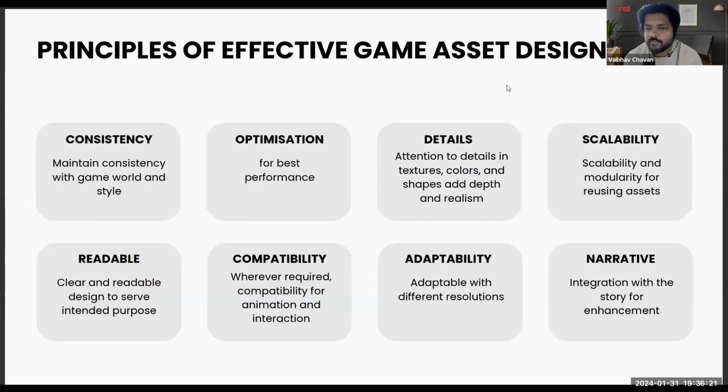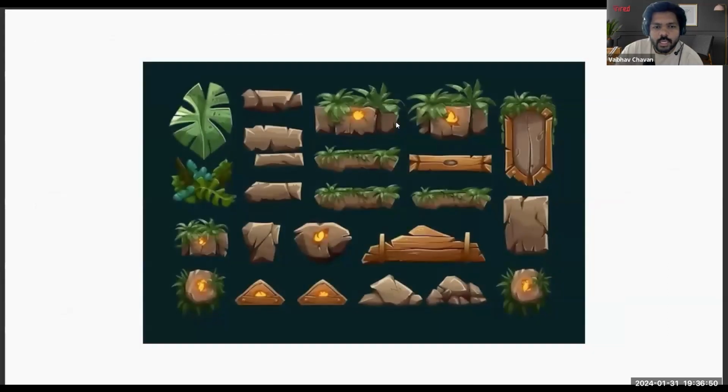Scalability and modularity for reusing assets. Now, if you see, there are a lot of assets that people make which are only used one time. There are some assets which can be a part of something else also, which can be reused, right? So keeping all those things in mind, you need to create assets which have multiple uses to it. Just to give you an example again here,